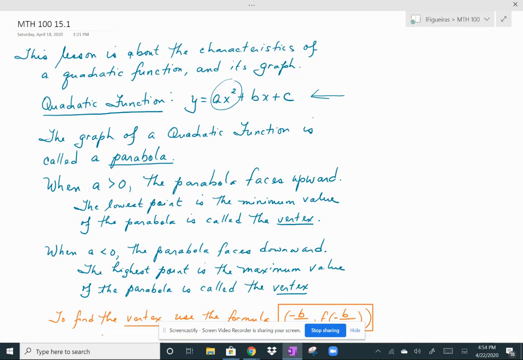So you can be missing the bx term and even the constant, or both, but you can't be missing the ax squared term, the one that makes it a second degree polynomial. The graph of a quadratic function is called a parabola. So that's the way it's spelled, parabola. The parabola is going to have somewhat of a U shape, and the direction of that U will depend